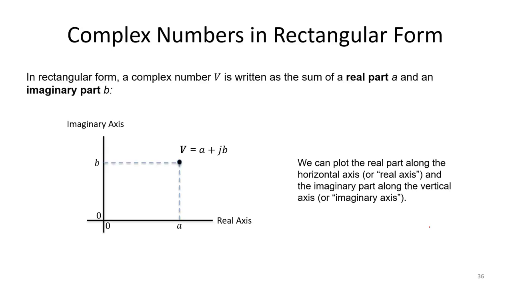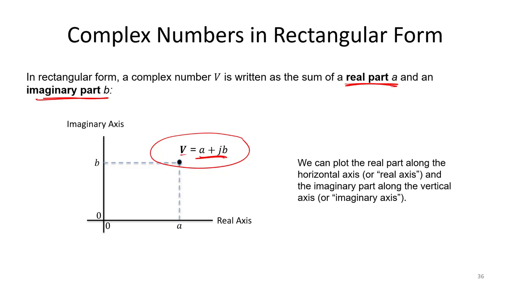So there's a few more things you should know about complex numbers. You may remember that we can write complex numbers in multiple forms. One way to write a complex number is in rectangular form, where we sum some real part A and imaginary part B. And we can determine that if we write our complex number as A plus JB,